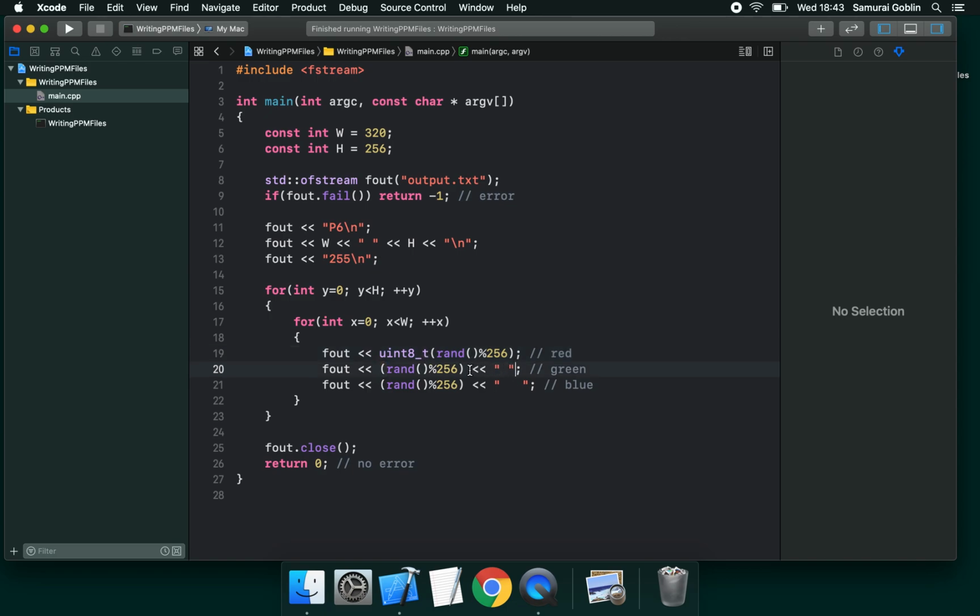And that's that. We just do the same for the green and blue components. And we need to cast this int to be an unsigned byte. And that's it. That's our code. We're just writing out the bytes for every pixel, and we start with the header with P6 instead of P3. And if we run that,